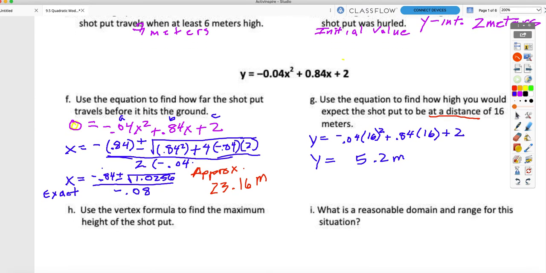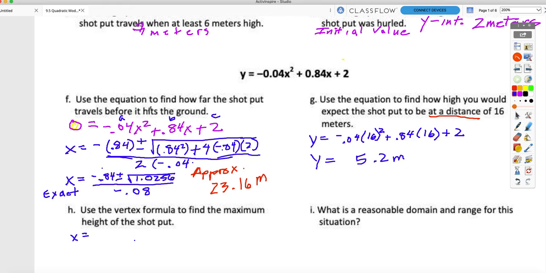All right, 2 more questions. Use the vertex formula to find the maximum height of the shot put. Okay, we're going to fill in the vertex formula, but then we're going to go ahead and use the calculator for the rest of this. All right, the vertex formula is that my x value for my vertex, and remember the vertex is an ordered pair, my x value is going to be